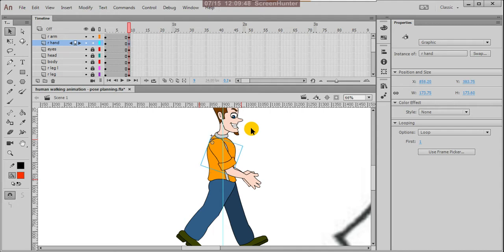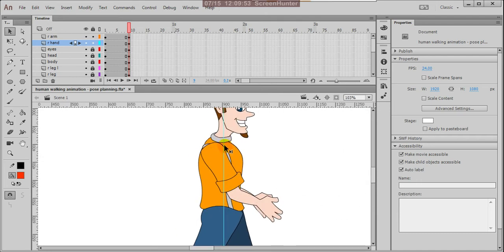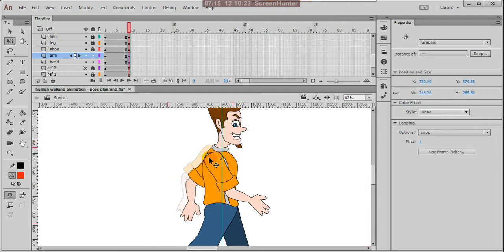No, this is okay. Next, can lock this and open L hand. Suppose L arm. Select this, and this registration point can move up to here and move back, and suppose this can be inside.